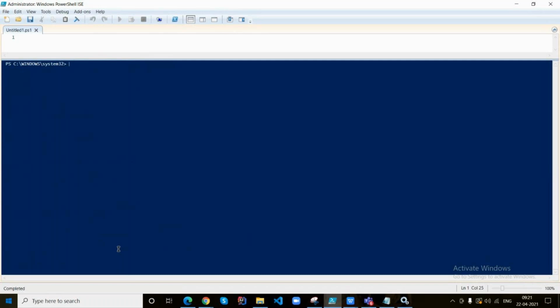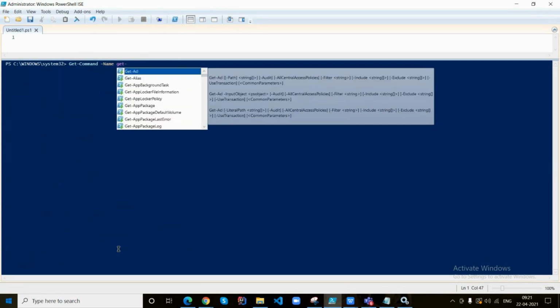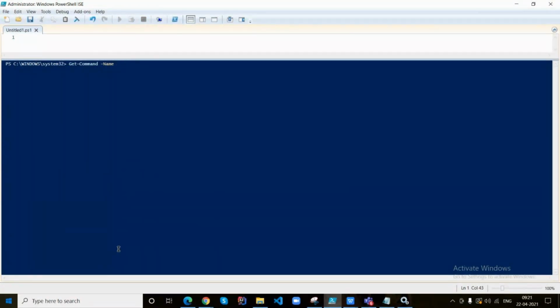Simple. Use Get-Command. Click on tab. Now give the Name parameter there. Now give the cmdlet: Start-Service star. Sorry, keep the symbol star, not start.